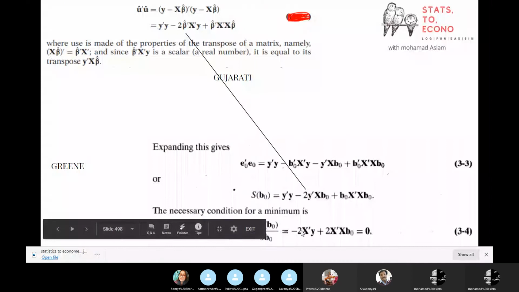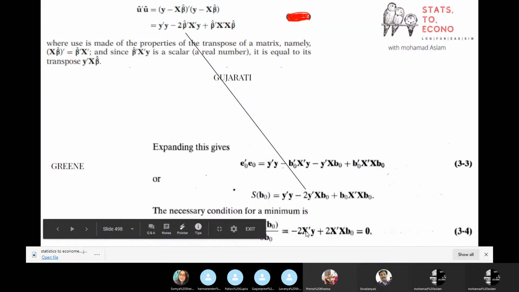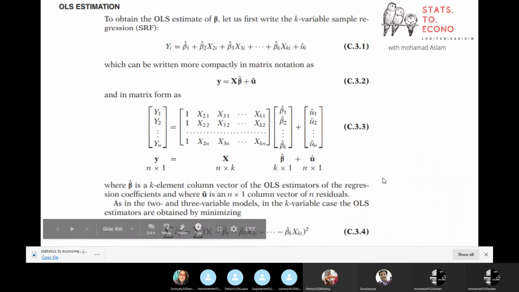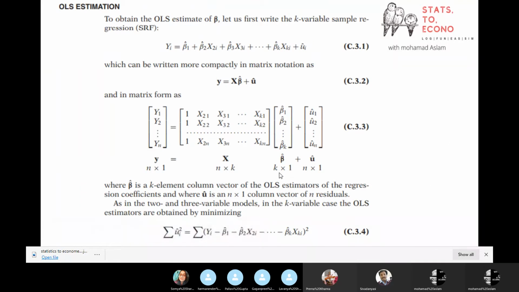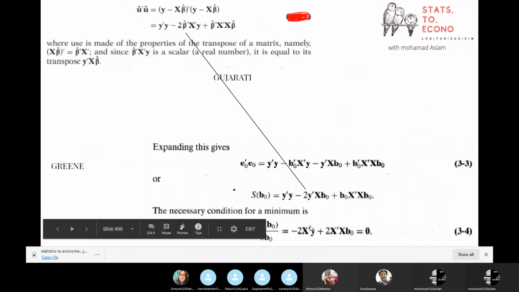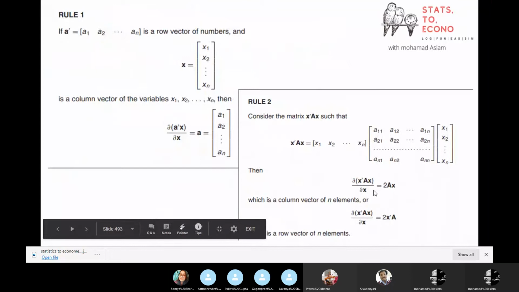That's why we're keeping a row vector here, because otherwise the dimension will be, if you take this vice versa, here the dimension is k into n and n into 1 and k into 1. That's the dimension of beta. Keep in mind that we have to find the value of the beta matrix, and its dimension is k into 1. This is a row vector we need. That's why intentionally, after differentiating it, we are keeping it a row vector. Although both are true, it's not that this one is incorrect and this one is correct. If you want a column vector, then you have to keep a column vector.